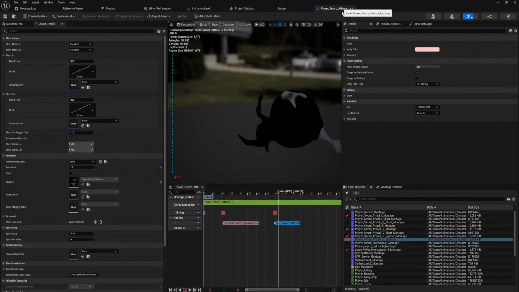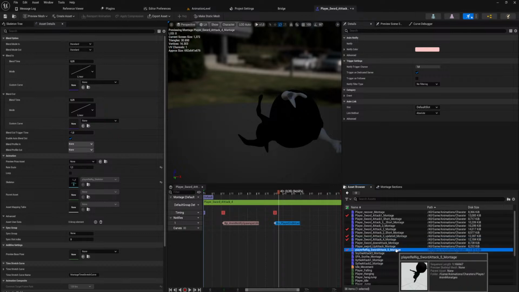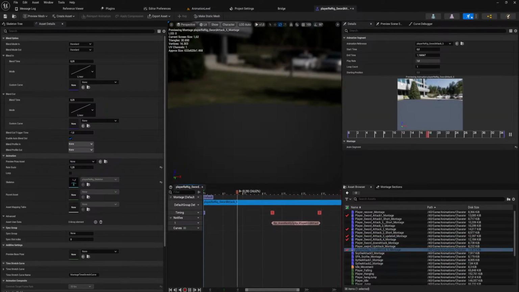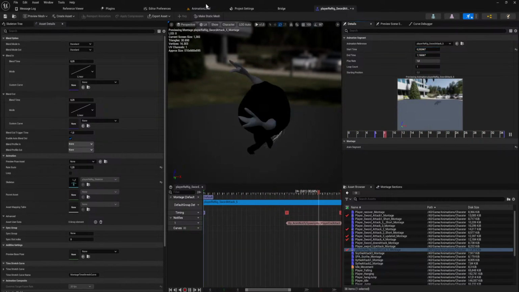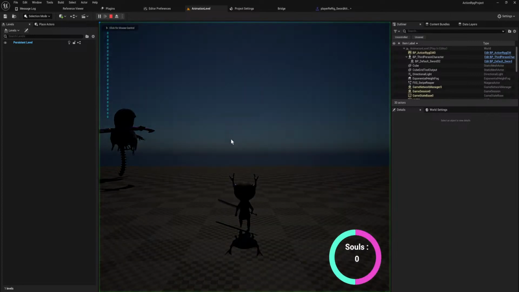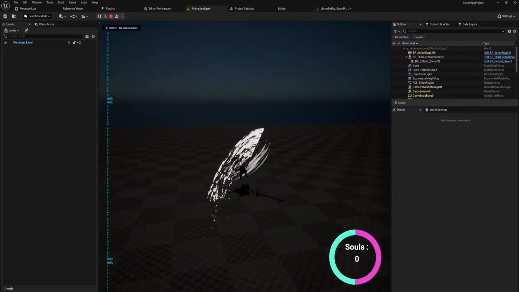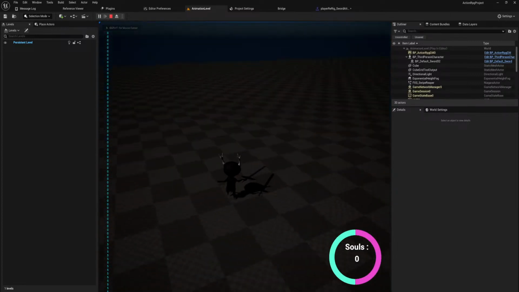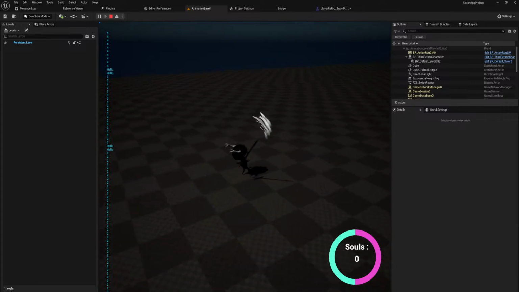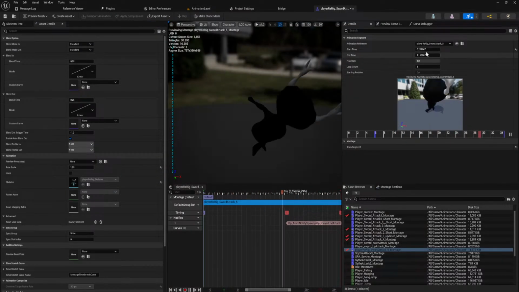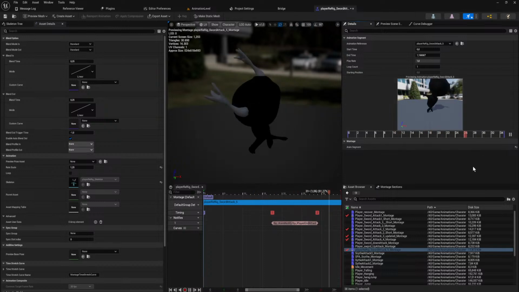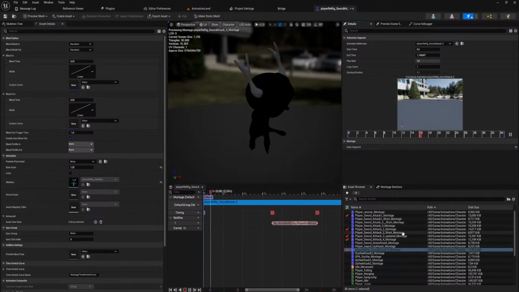I feel like maybe perhaps we can try to start this one a little later, like right over here. I don't know if that's going to be jarring, but yeah, no, the timing there feels really good.